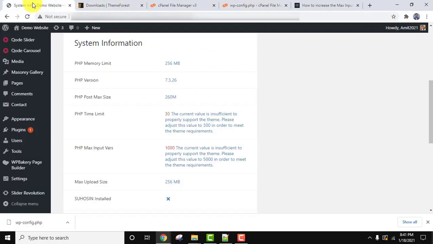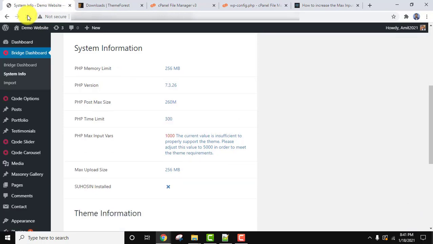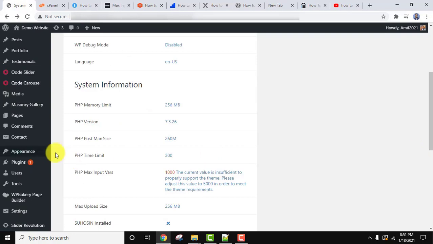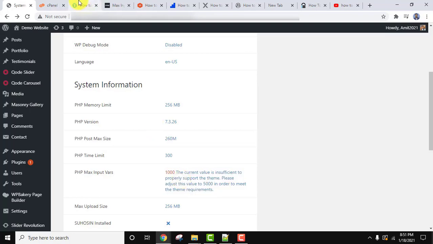Now let us go to the website. We have reached the website. Let us refresh. So guys, now you can see we have fixed the following, but we are still missing the solution for this. So it's very easy. Go to cPanel.